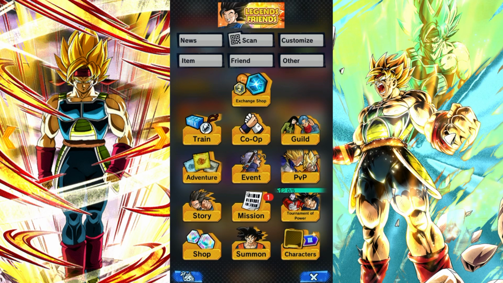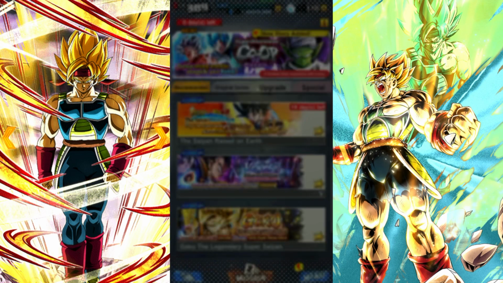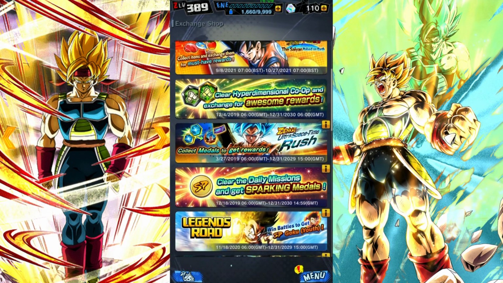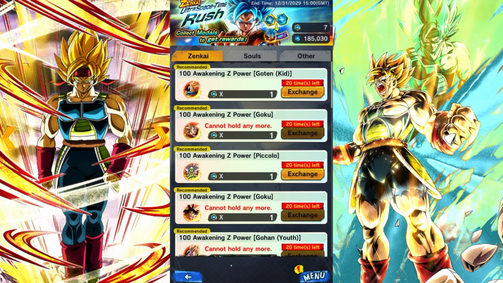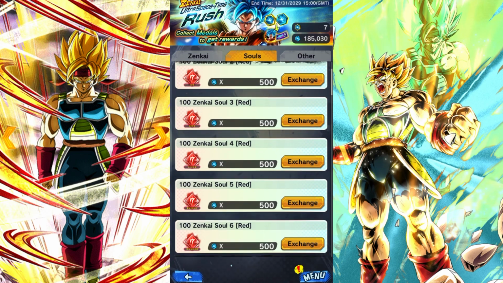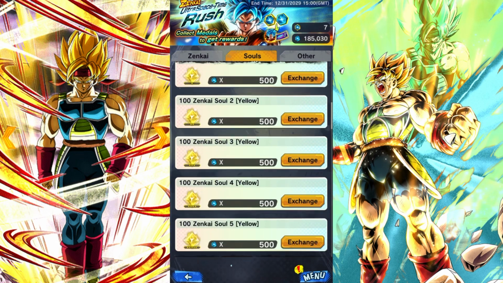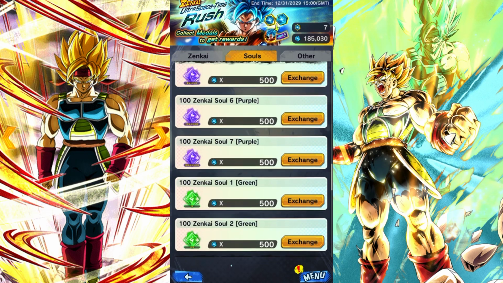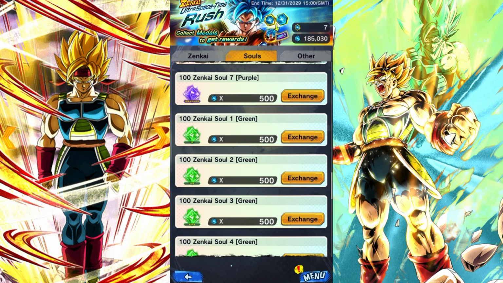But we're only going to talk about one way in this video, just purely because I personally think it's the quickest and easiest way. If you go to the exchange shop and you do the Zenkai Ultra Space Time Rush, once again we have a video on the channel, and click into the exchange shop and go to souls. This is probably the best way to get the souls, other than grinding, like say, events or adventures that they might release. But it's the quickest way in my personal opinion, especially if you actually grinded this out to get